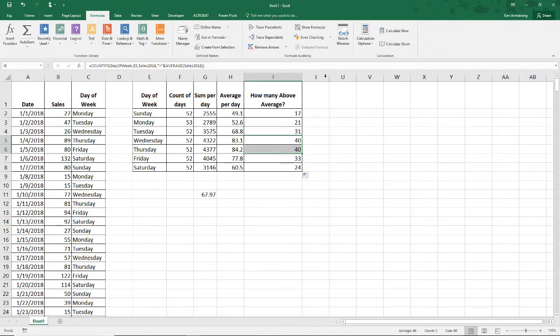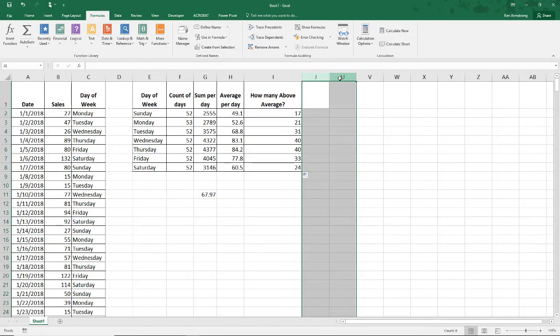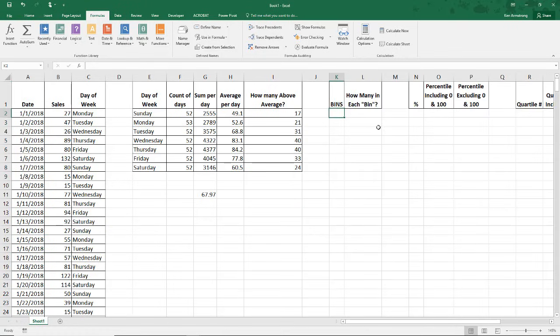All right, let's show you some other statistical functions. I've got some columns hidden out here between J and U, right click, unhide. All right, let's introduce you to the frequency formula now. I want to know for each of these days, how many are less than 10? How many are between 10 and 20? How many are between 20 and 30? Rather than type those down by hand, if I highlight the bottom two, because it takes two for Excel to determine a pattern, then if I copy this down to like 160, now I want to know how many are in each of these bins, or if you want to think of them as a bucket, that's fine too.